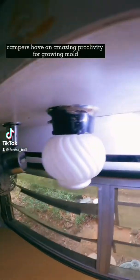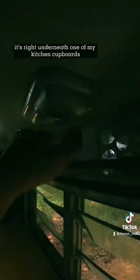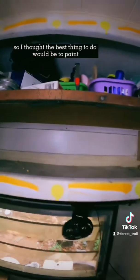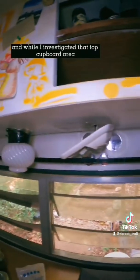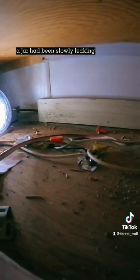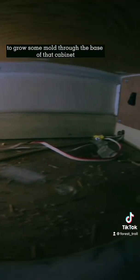Campers have an amazing proclivity for growing mold. I noticed this on the ceiling the other day. It's right underneath one of my kitchen cupboards, so I thought the best thing to do would be to paint. And while I investigated that top cupboard area, I noticed that towards the center, not right there, but there, towards the middle, a jar had been slowly leaking, and that had introduced enough moisture to grow some mold through the